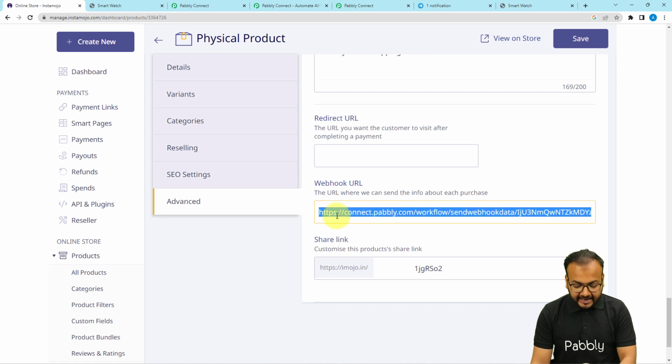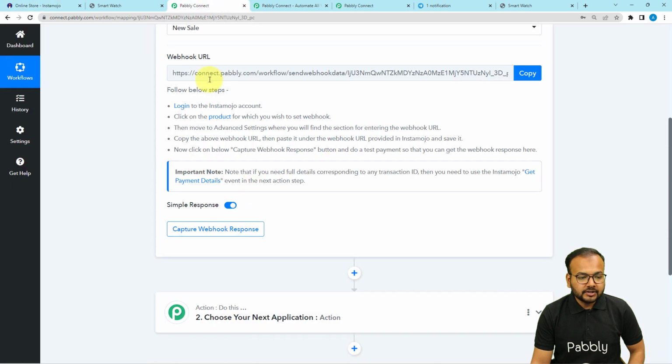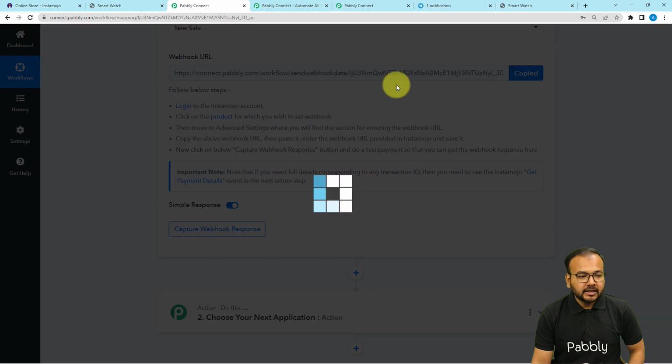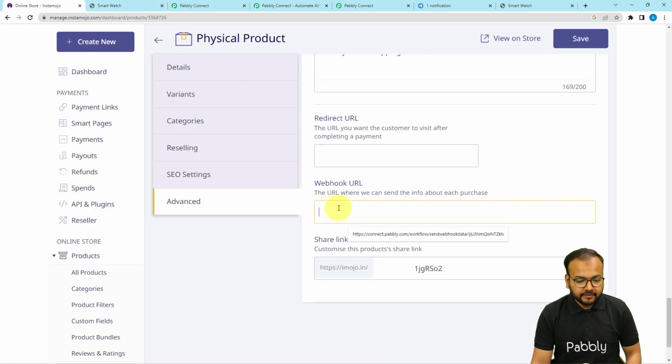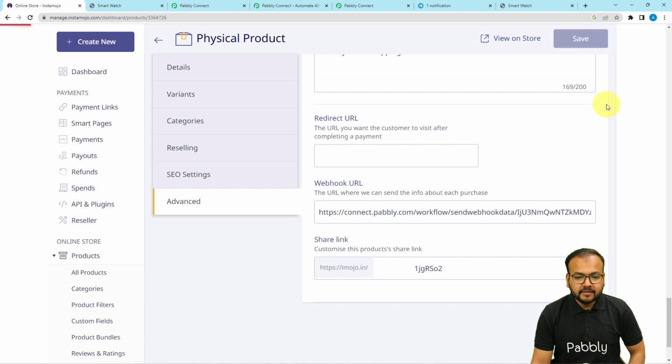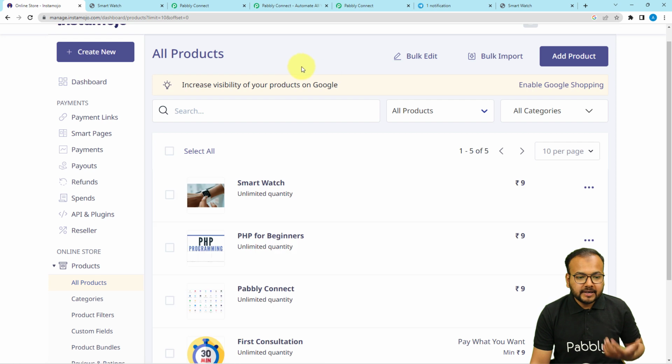So you will find a blank field like this. Okay. So here you have to paste this webhook URL that you have created. Okay. So you just have to click on copy. And you have to paste this URL here in this webhook URL field like this. Then click on save and you can see it is updated successfully and your connection is created. Okay. After that, guys,